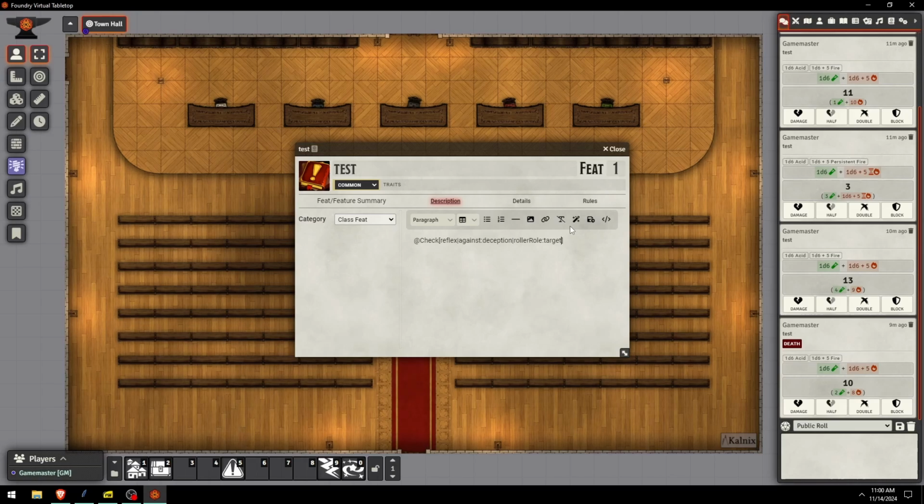You can add roller role in, and it defaults to target for a save. But if you say that, hey, the origin is actually the one rolling this save, and it's against, in this case, the reflex against the target's deception DC, strange ability, but